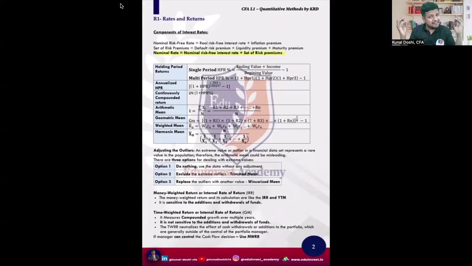So they've mixed up everything: portfolio questions of time weighted return and money weighted return, nominal, real returns, everything they've mixed up in the first two topics. Generally we just do the basics of time value when we do the actual session, and then individual Gordon's growth and all those things that they've added, we don't do it now, we do it with equity. However, since we are in the revision batch, we can touch upon each and every concept.